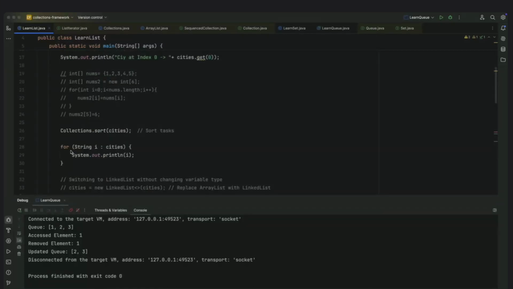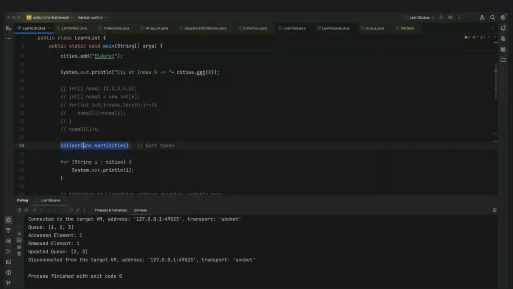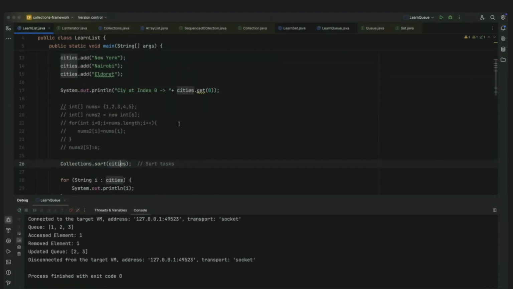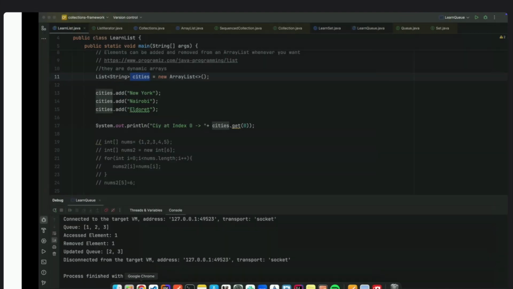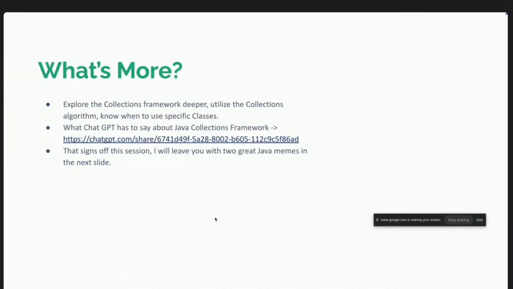So for example, for the sorting, we have to pass to it this object, as you can see. So yeah, what's more, I actually try to avoid using ChatGPT in this session, but I saw that they have a very good description of what the